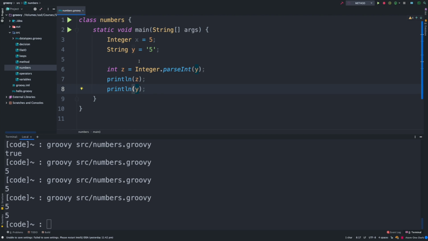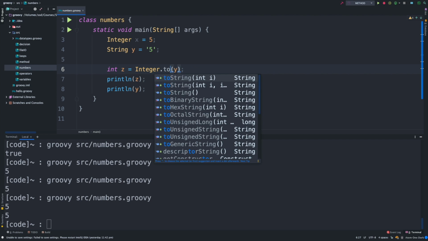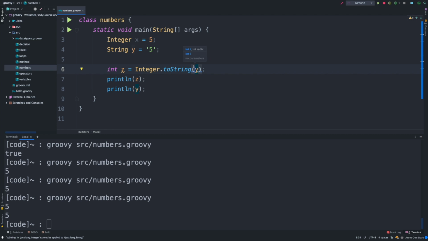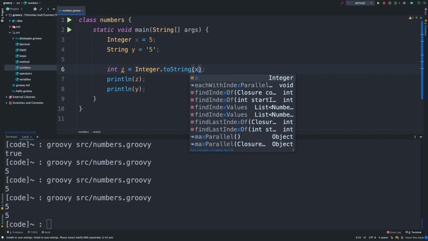Now we have another method called toString, which can be used to convert the integer to a string. So if I change that to toString, y is already a string, so it's going to give us a warning: toString in java.lang cannot be applied to String. So what we need to do is change that variable from y to x.